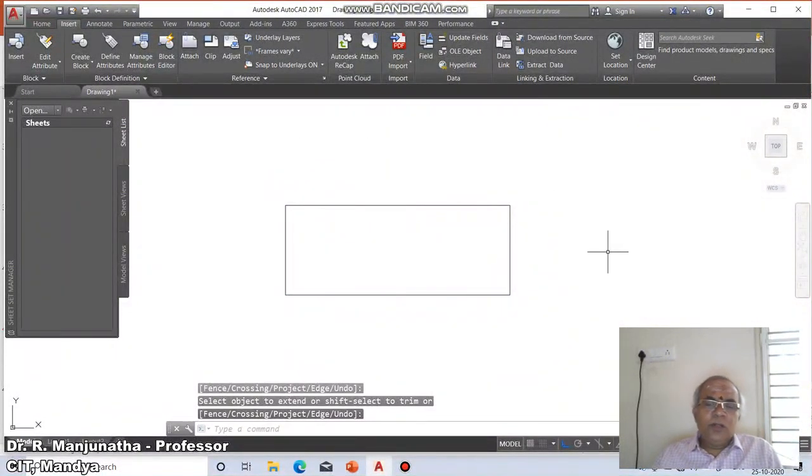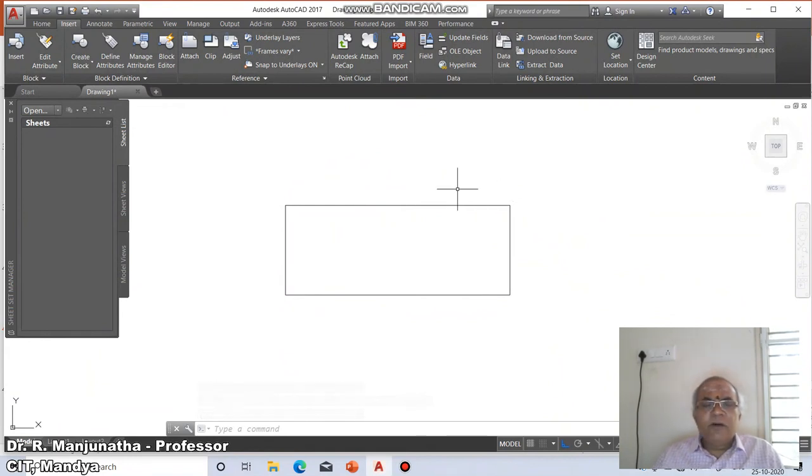So this is how you have multiple options in which we can use the extend command for various cases and particular conditions.